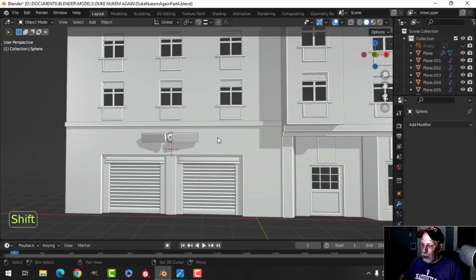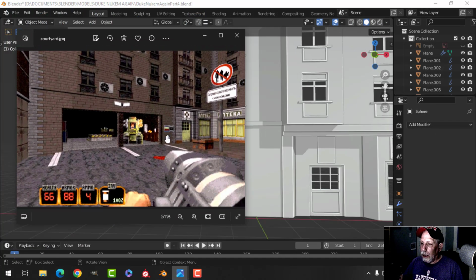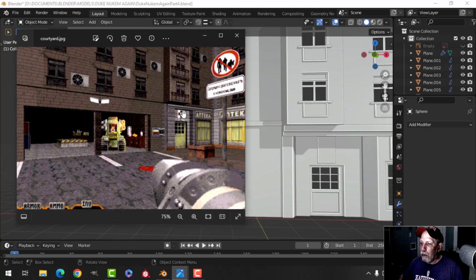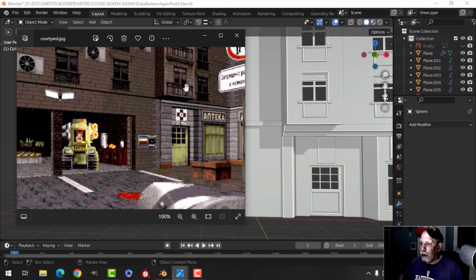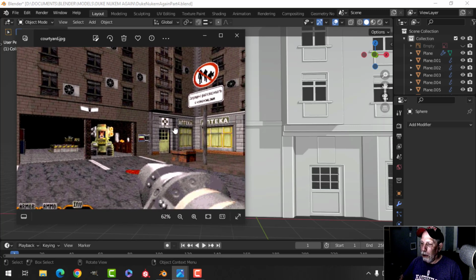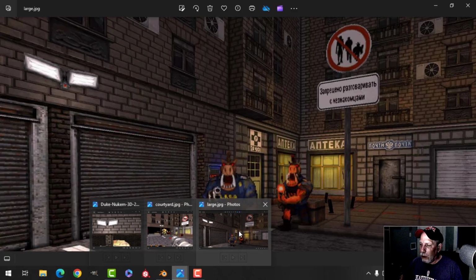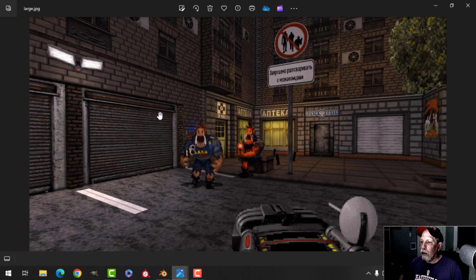Okay. Let's just think about what other things there are to do here. I'm not going to do this or any of those things, but in this one we've got balconies, we've got air conditioners, and we've got a sign, and I think there's one more thing I wanted to do. Yeah, okay, so balconies, air conditioners, we've done the lights, balconies, air conditioners, sign, and on this wall, I can take this piece,